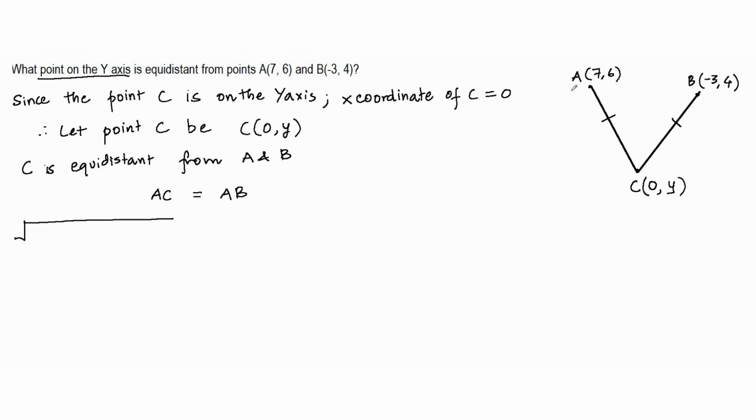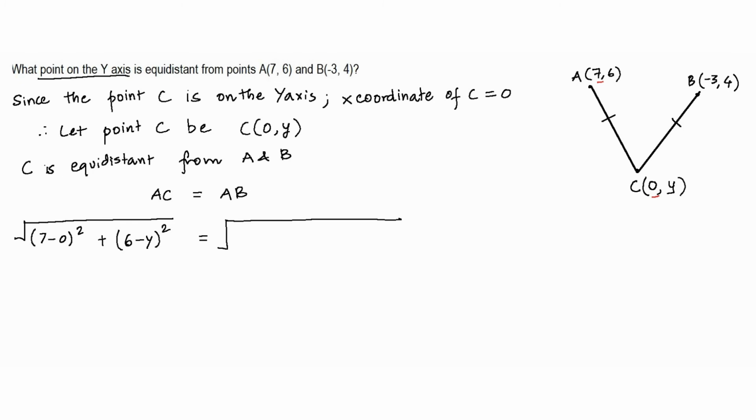And because AC is equal to AB, I can now say that the length AC according to distance formula is going to be under root of, now when I calculate AC, I will have to consider the coordinates of A and C. The coordinate of A is 7, 6, C is 0, y. So the distance AC is going to be 7 minus 0 the whole square, the difference in their x coordinates, plus the difference in the y coordinates, that is 6 minus y the whole square. This is equal to the length AB, which can be found out as, so when I find AB, I will now have to take coordinates of,